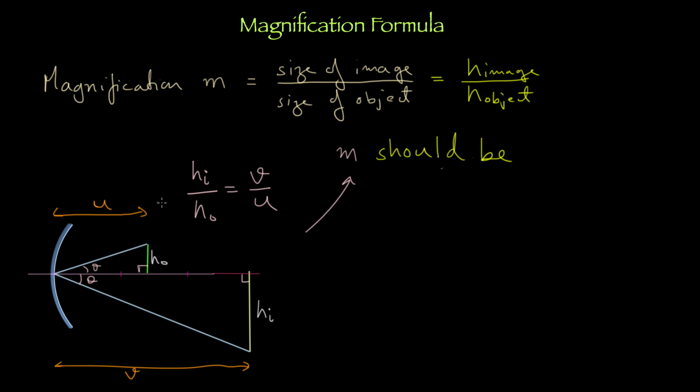No, no. Should it be positive or negative if this is the case? Sir, it will be positive, sir. In this diagram, the M should be positive. Absolutely wrong. As we have discussed earlier, M should be what? Sir, negative, sir. M should be negative, because the image is flipped over, right?